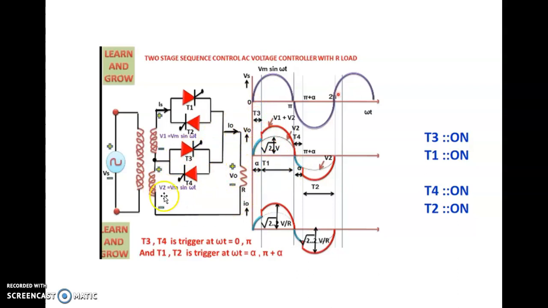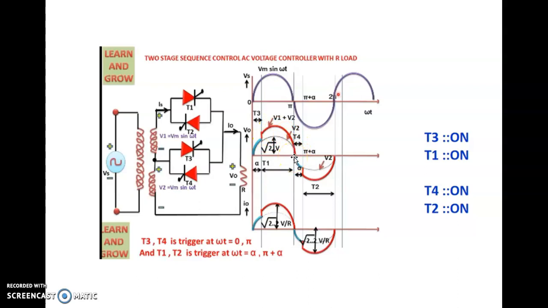The next one is 0. I have given the conduction. Then V2, I gave 50 voltage. Then V1 plus V2 is 100 voltage. See that this voltage is a summation, so 100 voltage flows here through this thyristor. After 30 degrees, after alpha it is conducted, and up to pi.